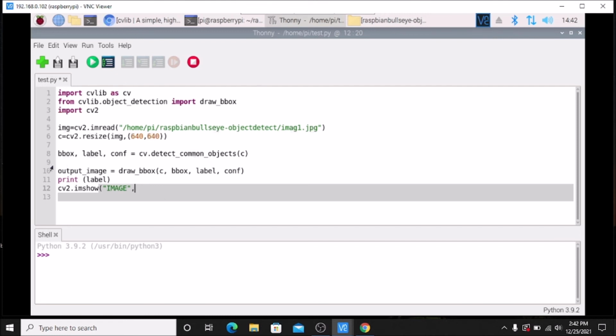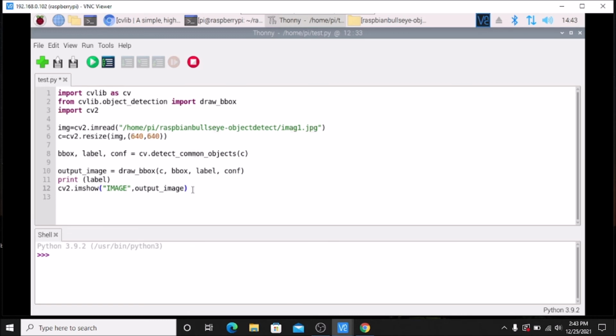In this image we have the detected objects with bounding boxes. So this is the final image which we want to show. The variable is output_image, which I have mentioned here.